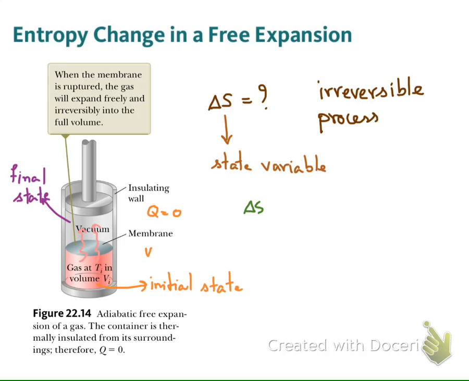Work is zero in this process. So it means that the change of the internal energy is zero in this process. If we can have any process that brings the system from the initial state to the final state and the internal energy of the system does not change, it will give the same change of the entropy as this free expansion process. And if we choose the isothermal path,